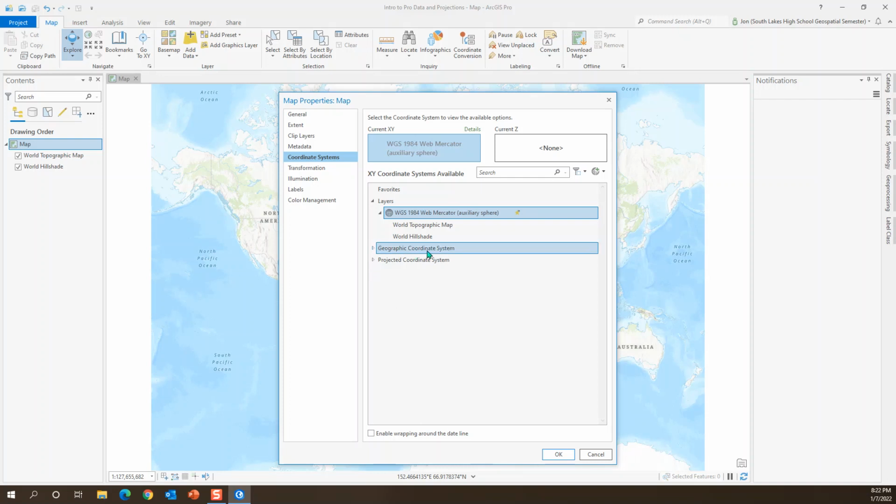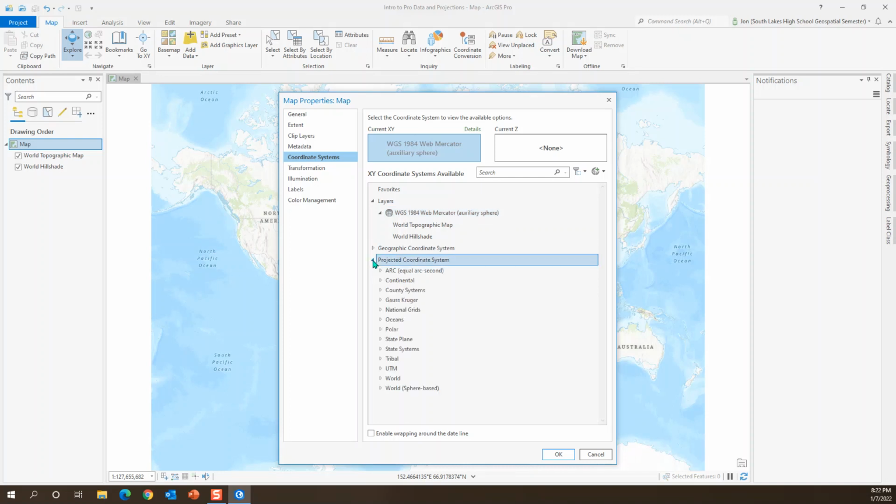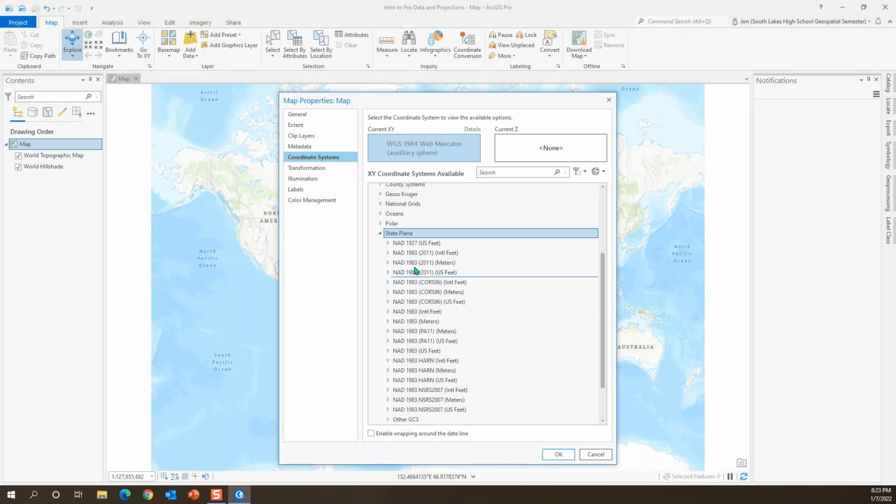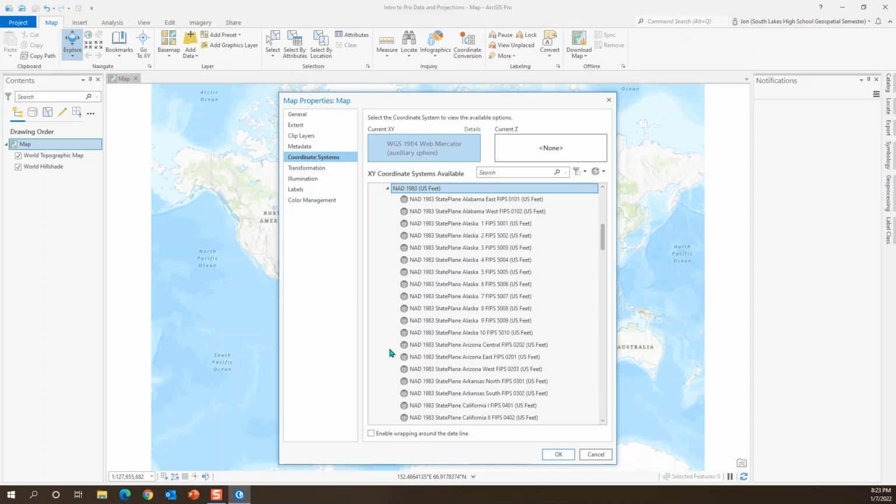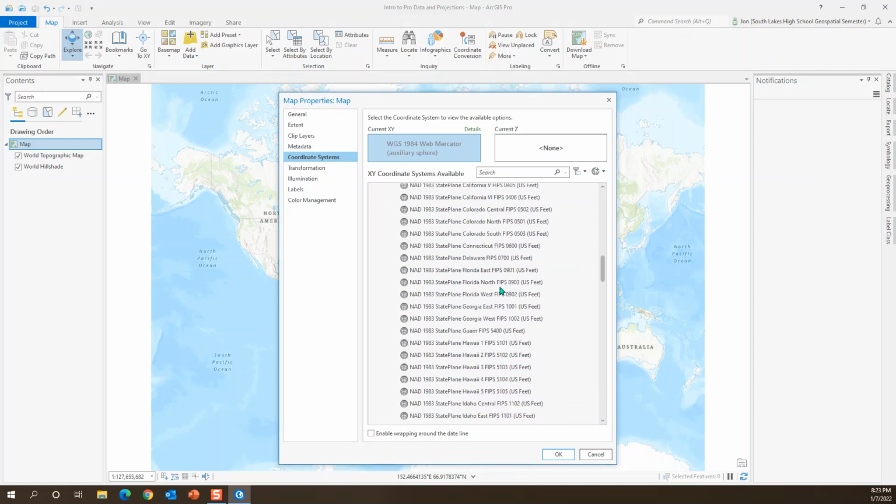Geographic coordinate systems are globes. They're spheres, three-dimensional spheres. WGS 84 is one of those. Okay, but we're going to use projected, which means flat maps. So pull this down, hit the little arrow next to it, and we're going to come down to State Plane, and we're going to look at all these things, and we're going to find the one that says NAD 83 US feet. So we're going to open that one up and then go all the way down, and notice